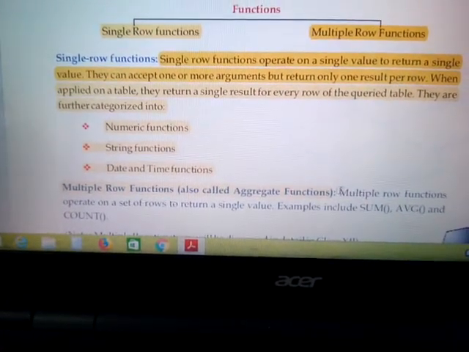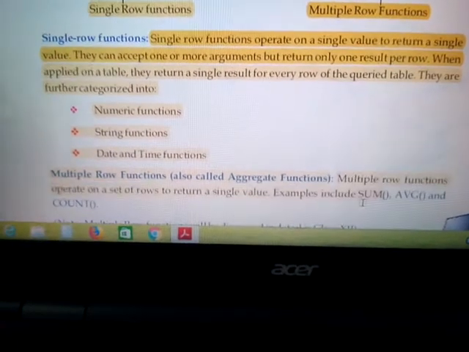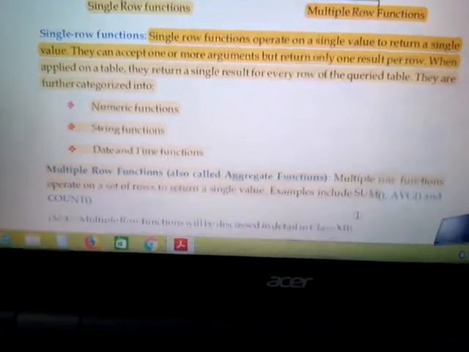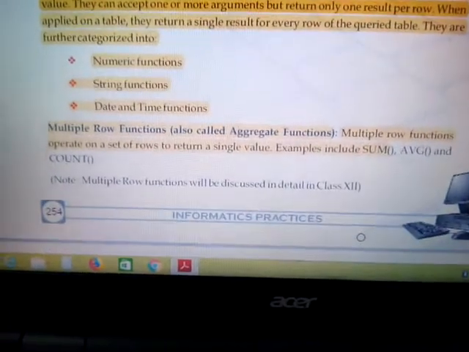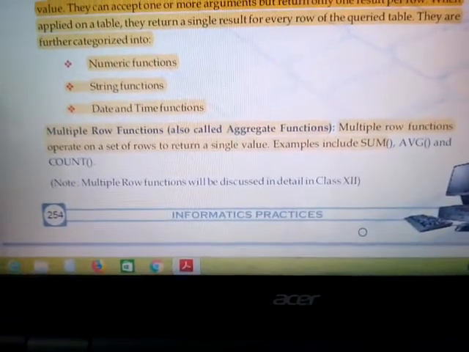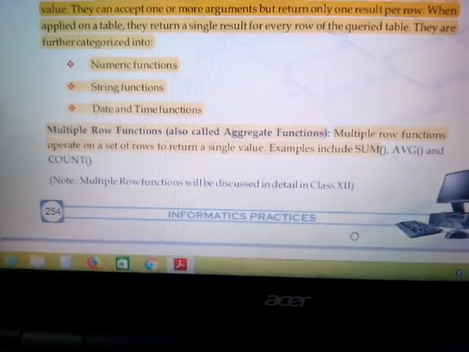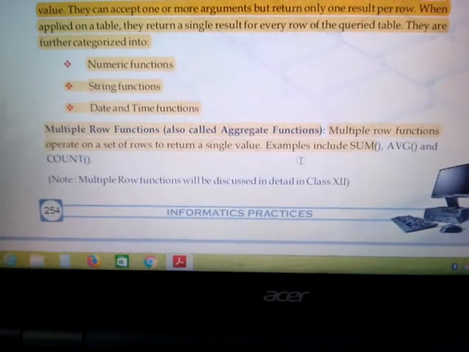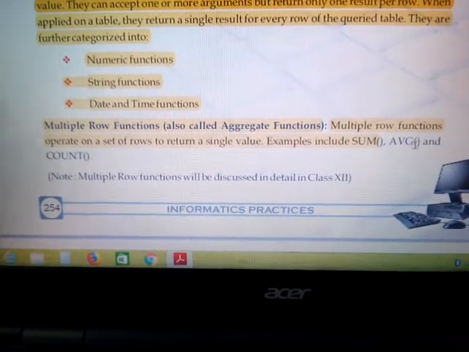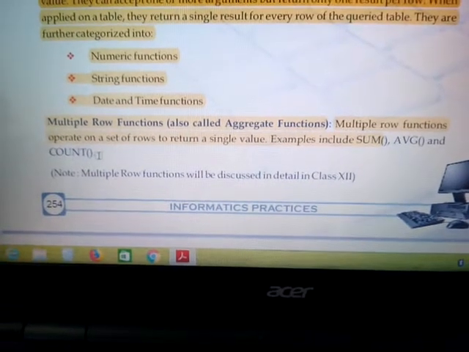Multiple row functions operate on a set of rows to return a single value. That means for a multiple row function we necessarily need multiple rows and obviously your answer will be a single value. See, these examples are sum function, AVG stands for average function, and count function.